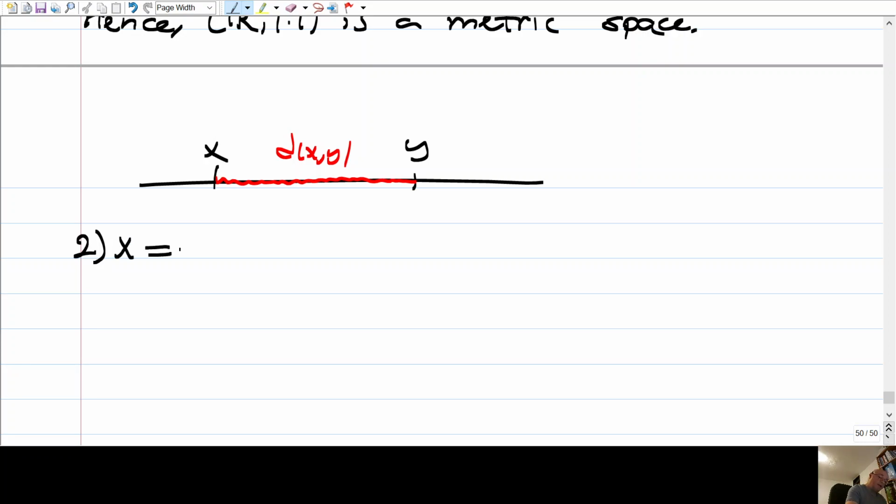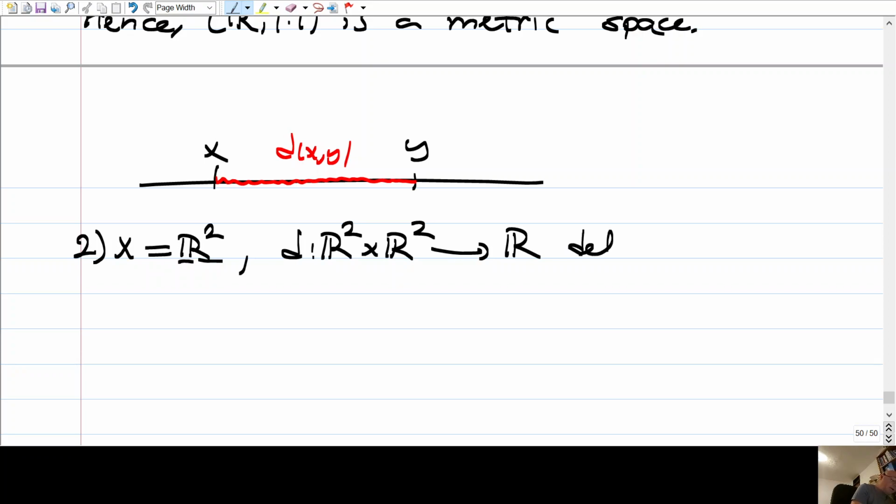Let me choose x to be R2, the usual plane, and d to be the following function from R2 cross R2 into R, defined by